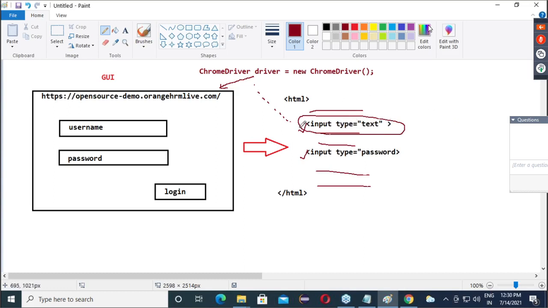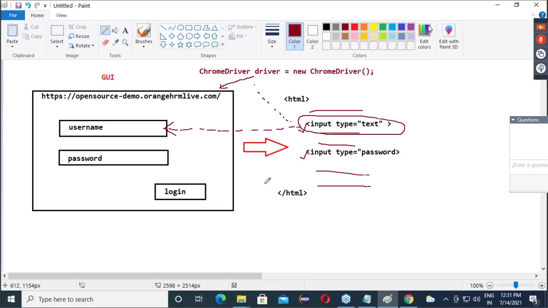If it picks exactly, automatically it will redirect to which field? Username. Is everyone able to get this connection? Confirm? So ultimately, we have to identify the location inside the HTML document.